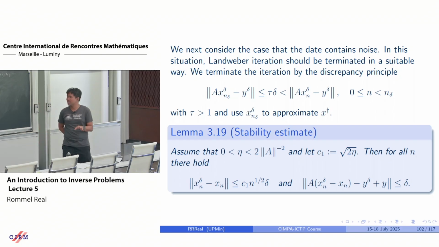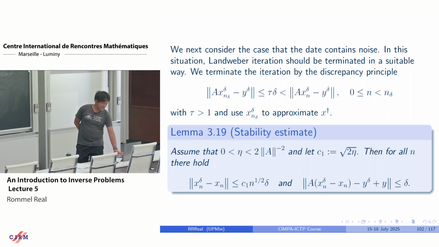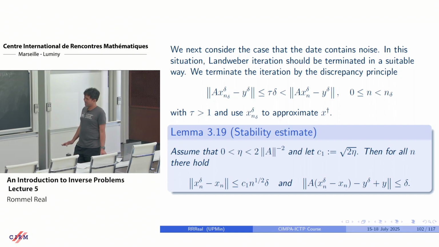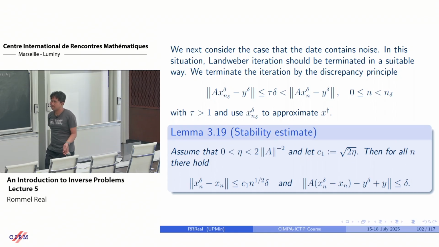So at every iteration, you check the residual. If it's less than or equal to tau times delta, you stop, and then you take the solution at that iteration as your approximate solution. Otherwise, you keep on iterating. Okay? And to prove that, we follow the same procedure as what we did in the